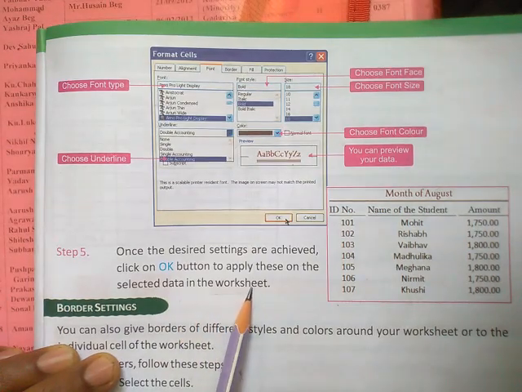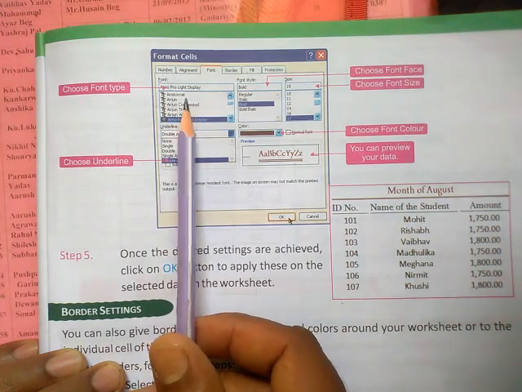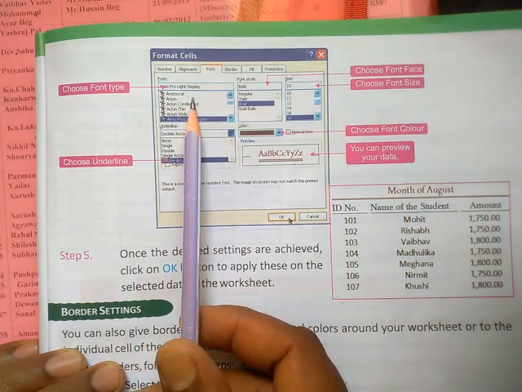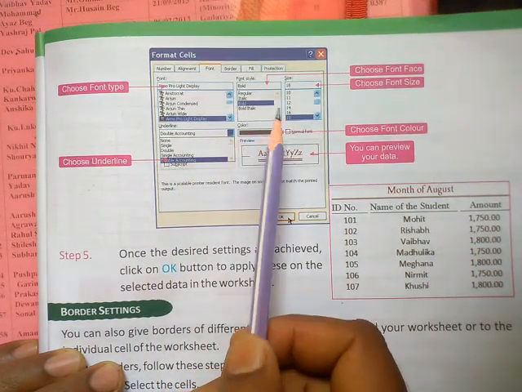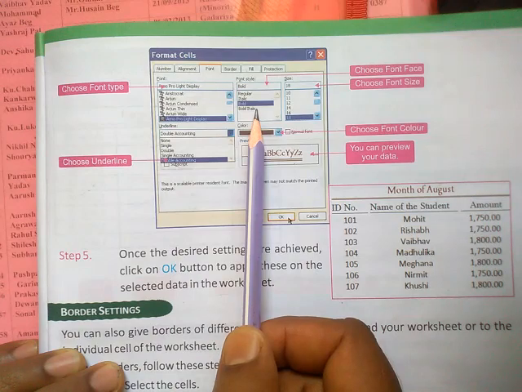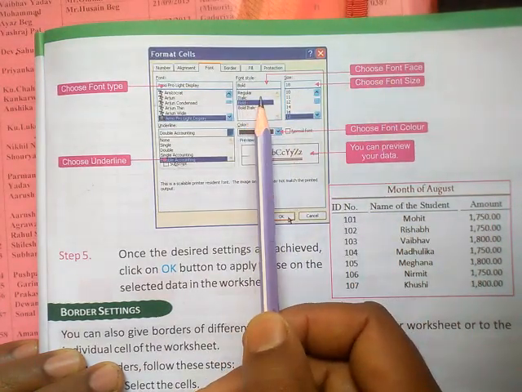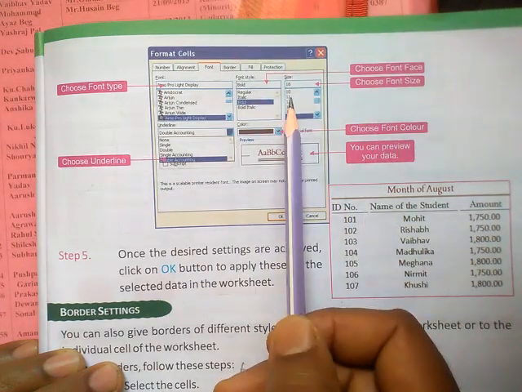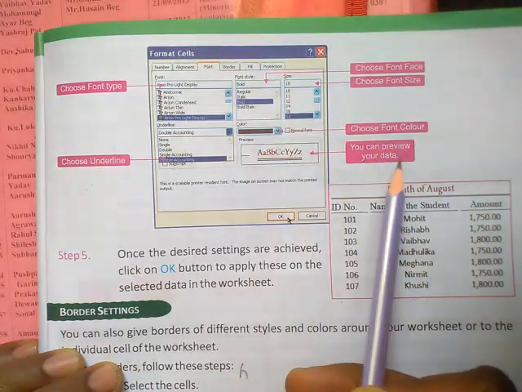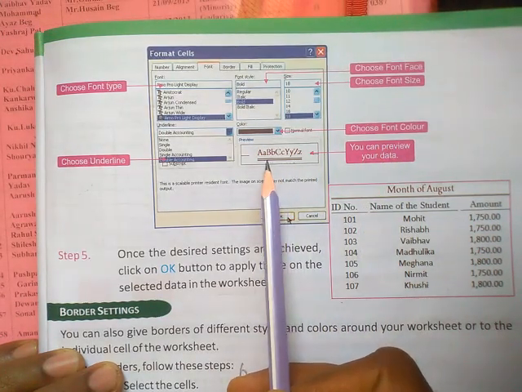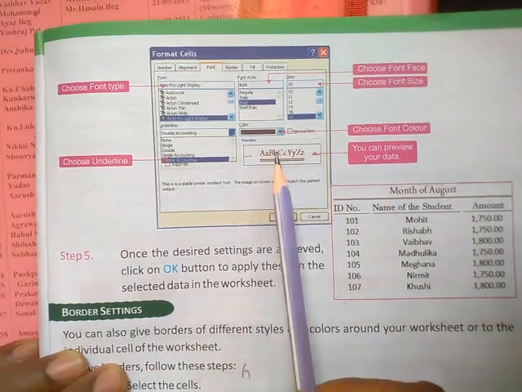As shown in this picture, choose font type from this font dialog box and choose underline as you wish, and bold font style is also shown here. Choose font face from this font style and choose font size as you wish, and choose font color. You can preview your data here, that is, how your data is looking. Okay,